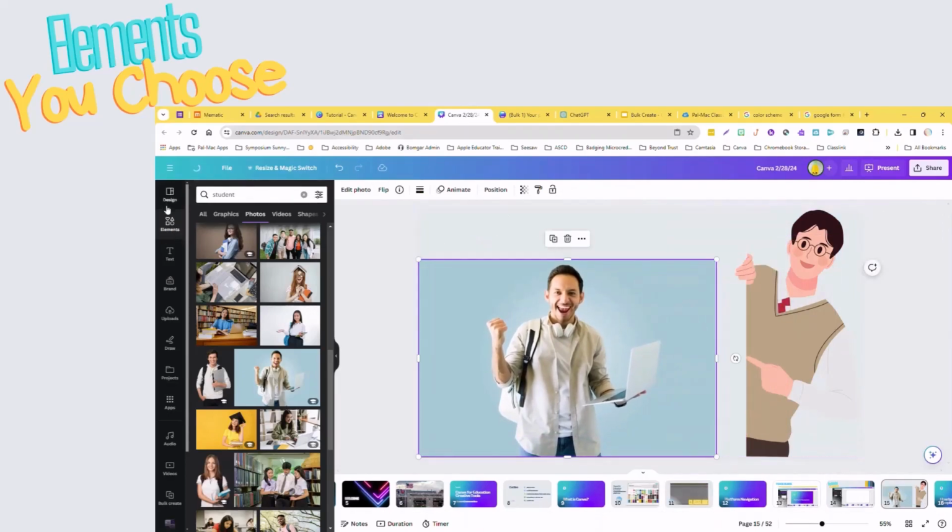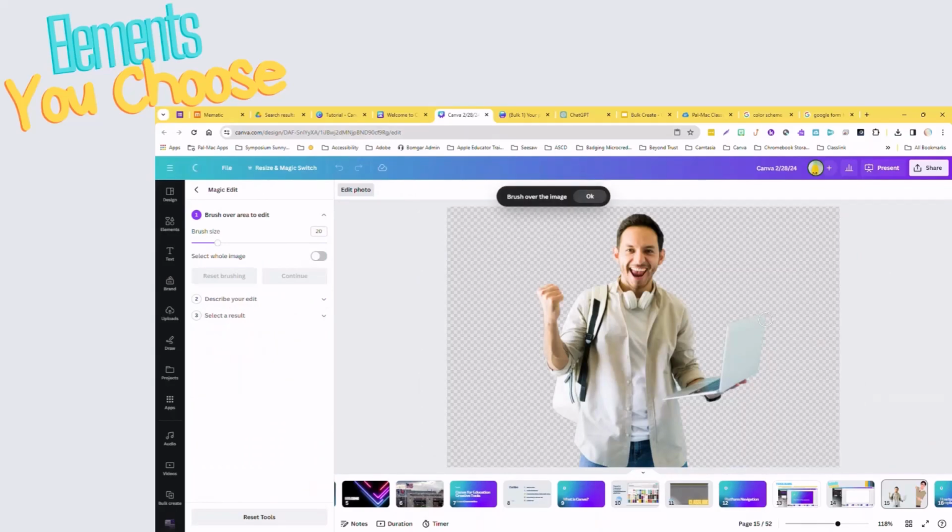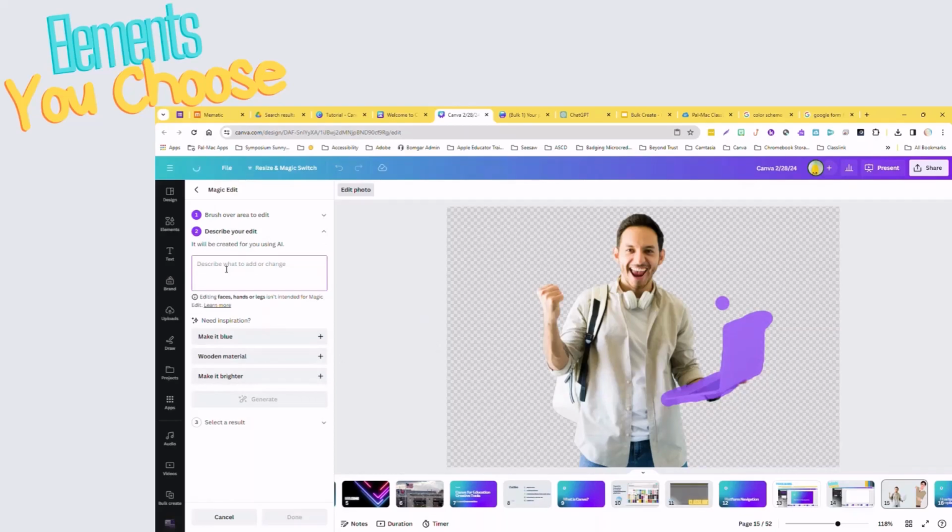Next, I'm going to go on to clicking on Edit Photo. From here, I can do the background remover. Right now, let's say I don't want him holding a computer, but I want him holding a puppy. Watch this. We can do a magic edit. This is using AI. You ready? So I'm going to erase it with the tool. Okay. All right. Then I'm going to continue, and I'm going to type in here a